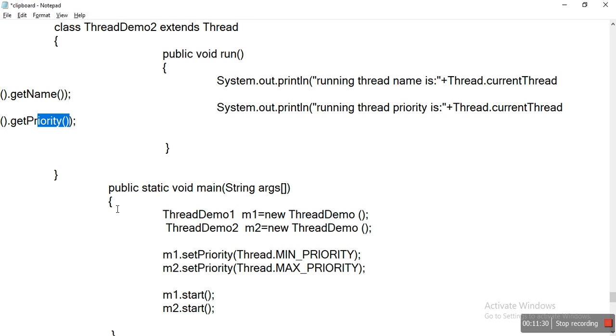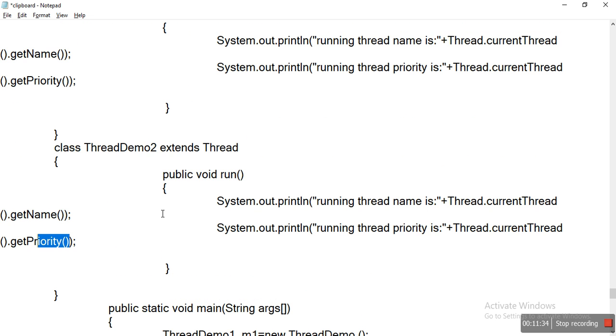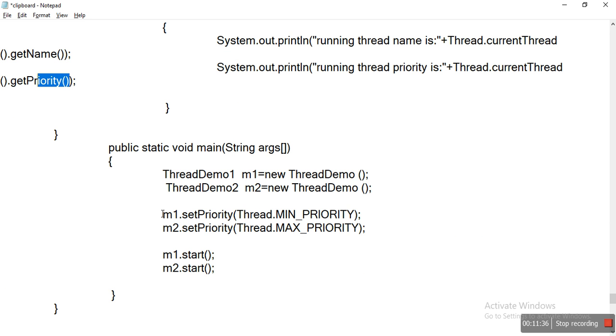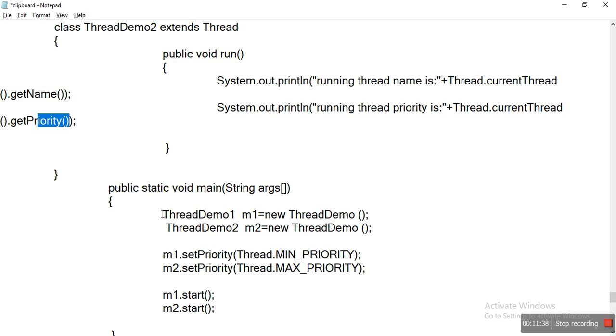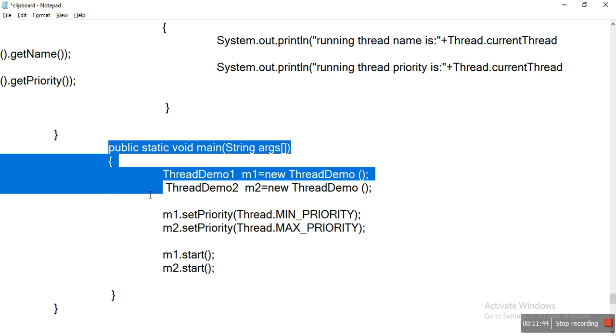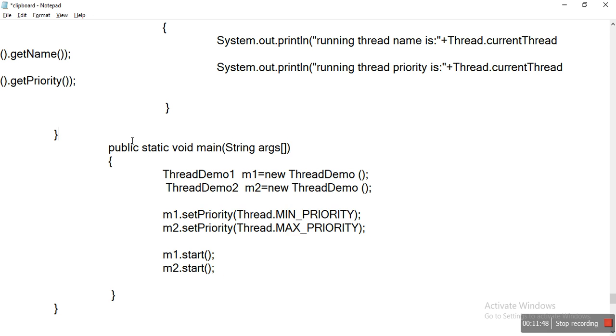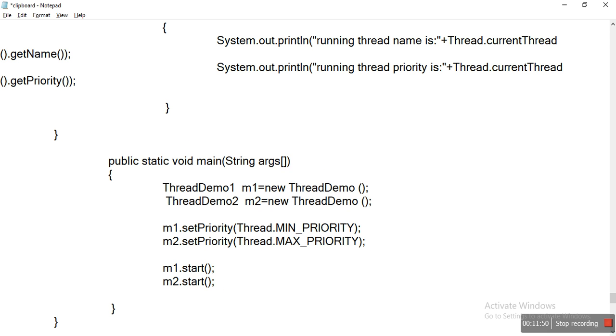Now coming to the main point, within the main method, I declare one more class.